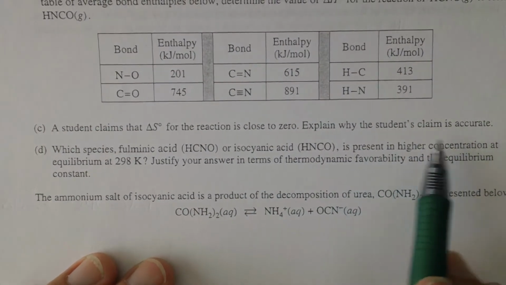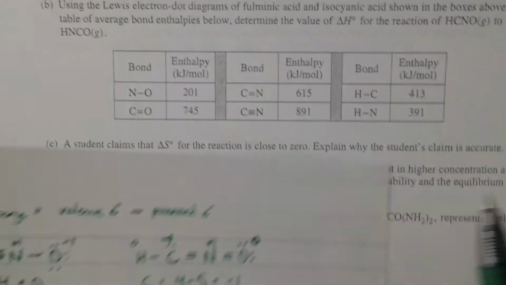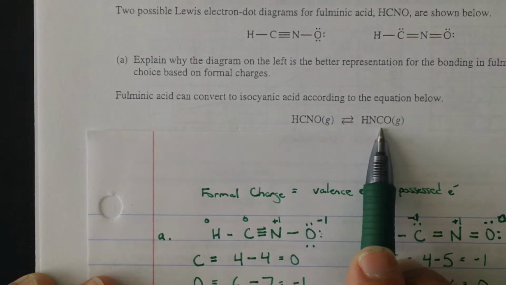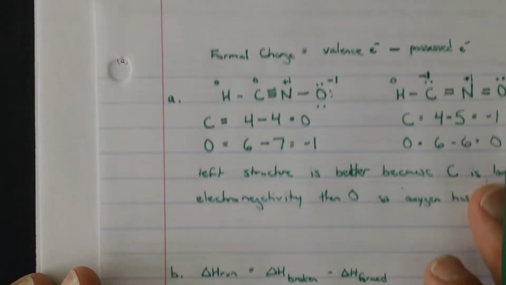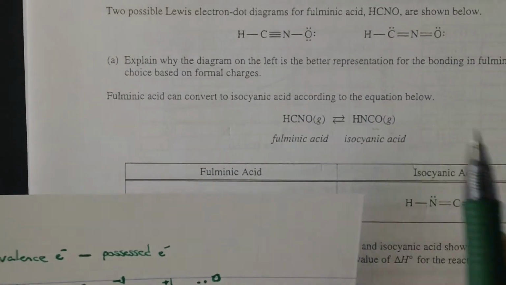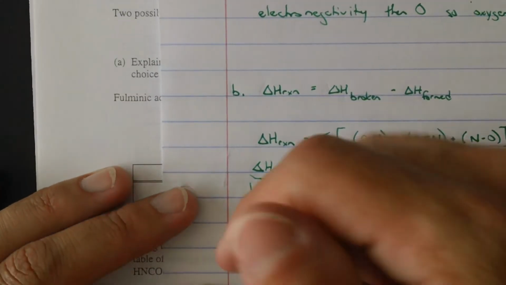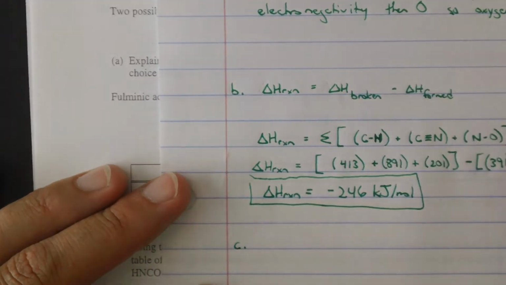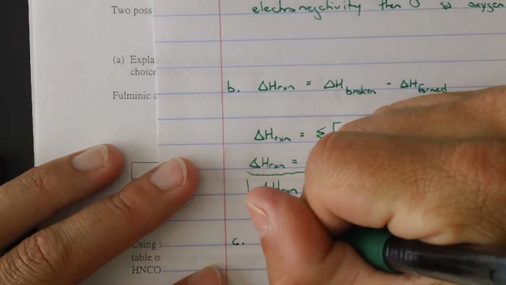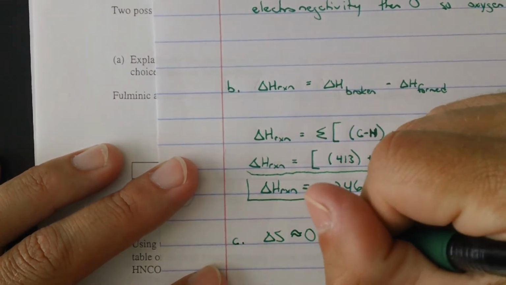Explain why the student's claim is accurate. When we look at that equation up here, we have 1 mole of gas going to 1 mole of gas. There's no change in the phases, and there's no change in the number of moles of particles. And so therefore there's no change, or approximately no change, in the delta S, in the disorder. So delta S is approximately 0